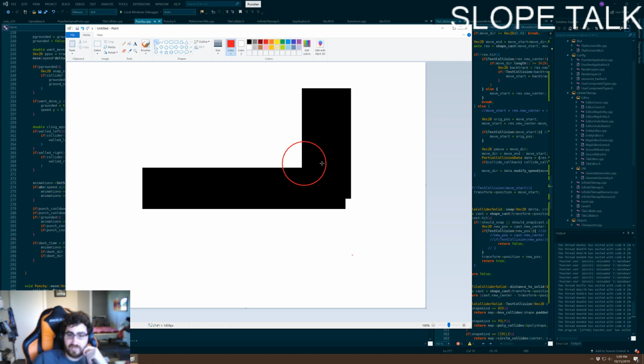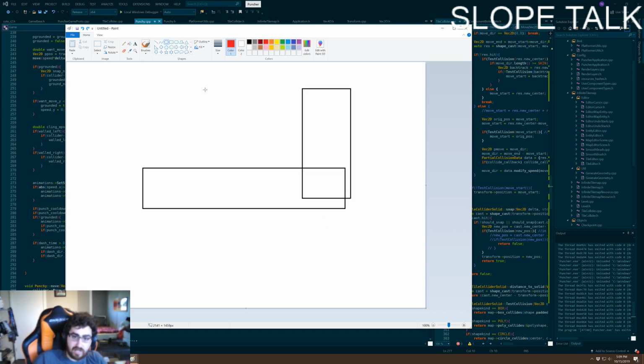You can resolve the circle to this point, and then he'll still be colliding with the wall. And then you can run this code again, resolve the circle in this direction, and then it will not be colliding with the wall. Works okay for that corner, but if you have an angled corner like this,